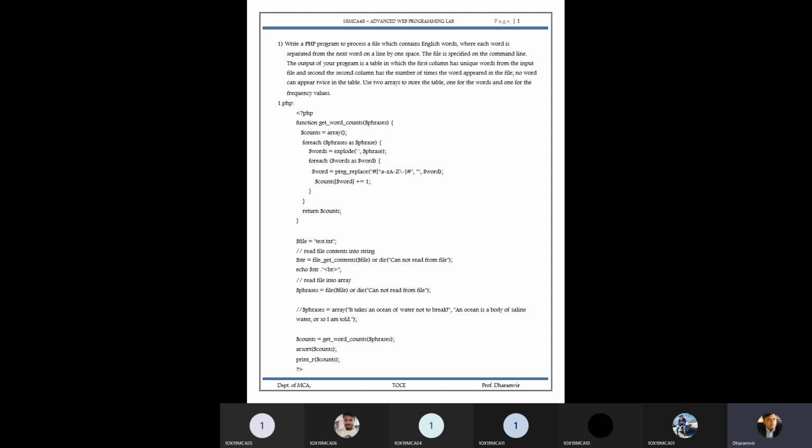There we are going to assign the task parameter, and the task operation. Which operation? print_r. What are we going to do with it? We are going to print that count array. So count equals get_word_count, is phrase, arsort is count. Okay. So this is the basic parameter.